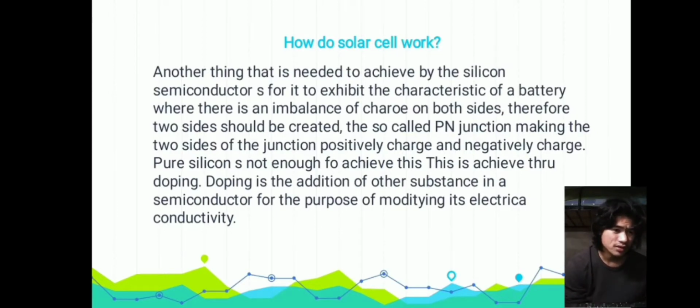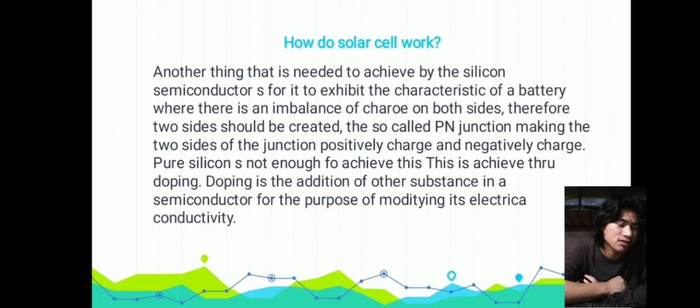Therefore, two sides should be created, the so-called PN junction, making the two sides of the junction positively charged and negatively charged. Pure silicon is not enough to achieve this. This is achieved through doping. Doping is the addition of the substance in a semiconductor for the purpose of modifying its